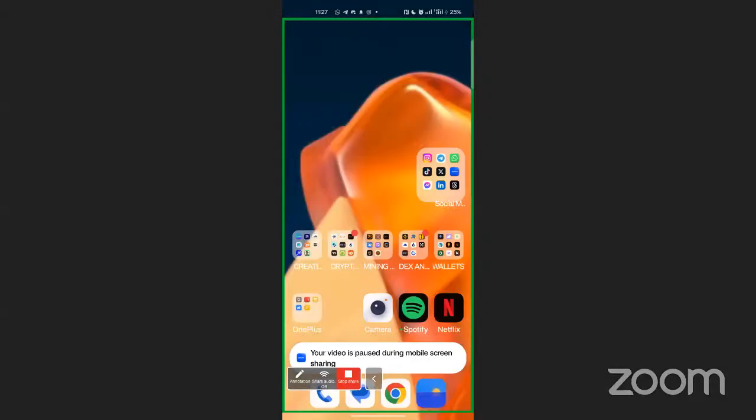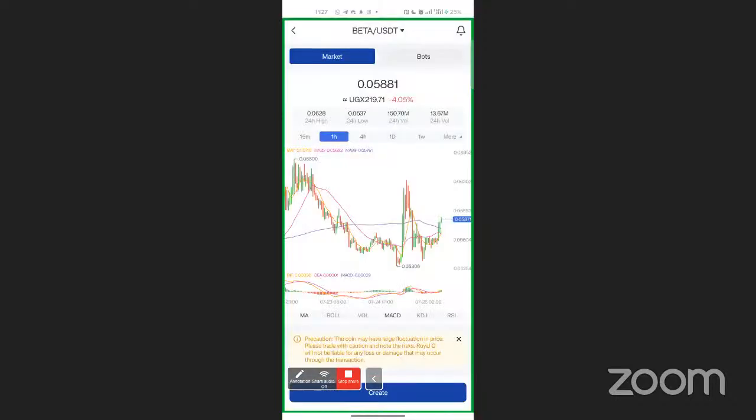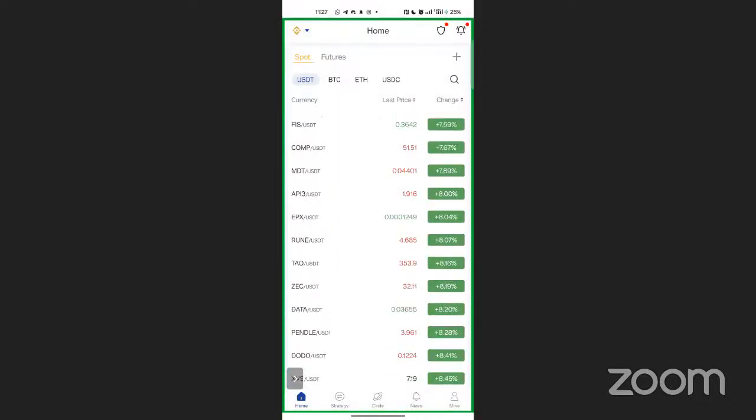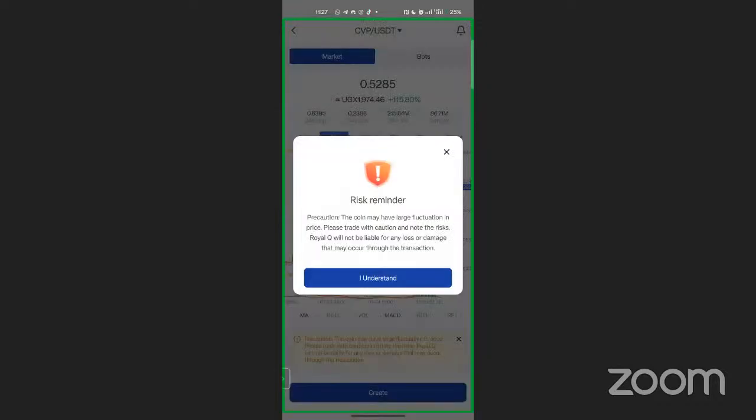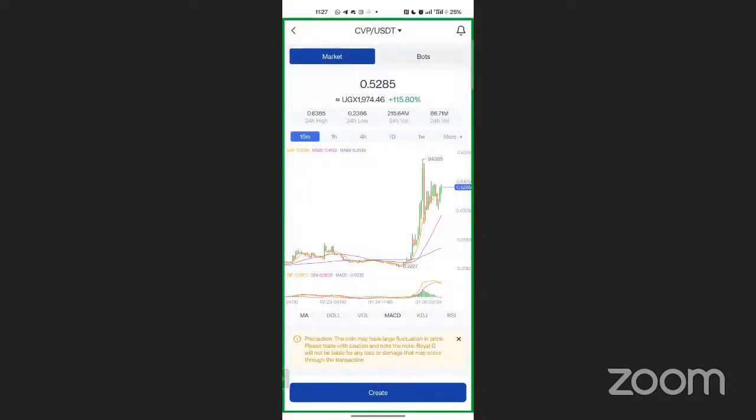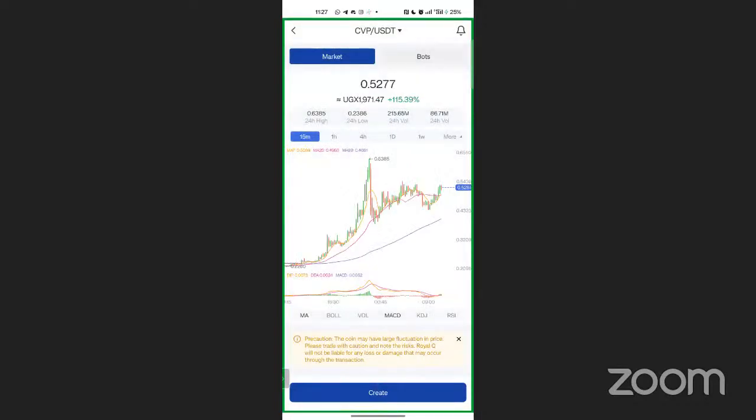How do I enter a pumping coin? You need to have extra skills. Let's look at that a little bit. Let's use an advantage of these coins that have been doing well. Let's take an example of this coin. You can use what is happening here. What is happening here? Some answers in the chat.